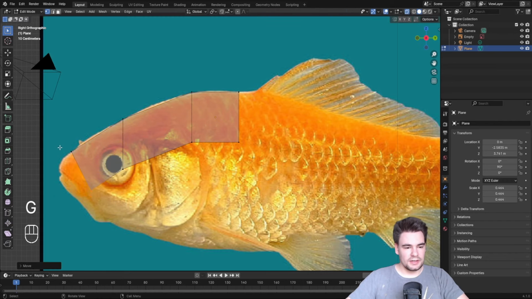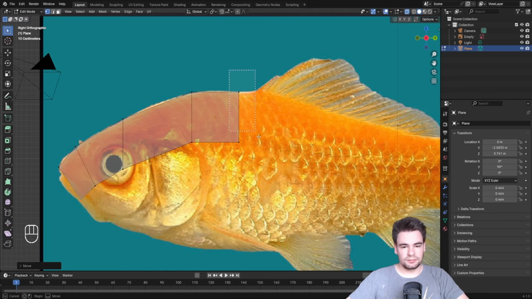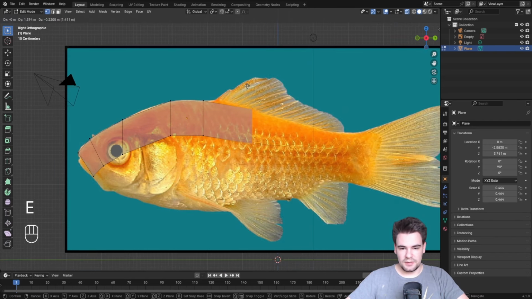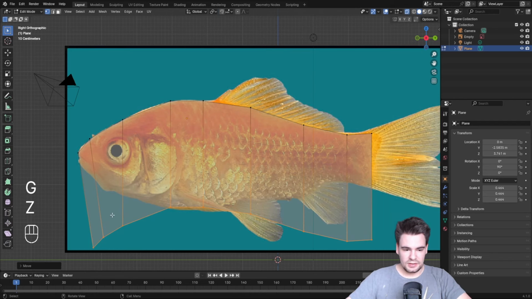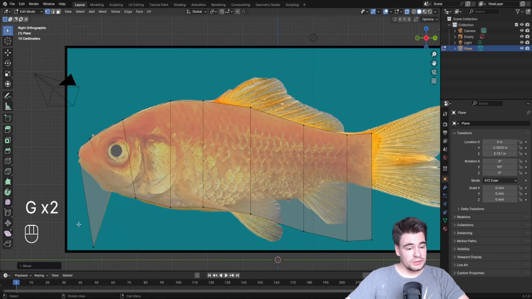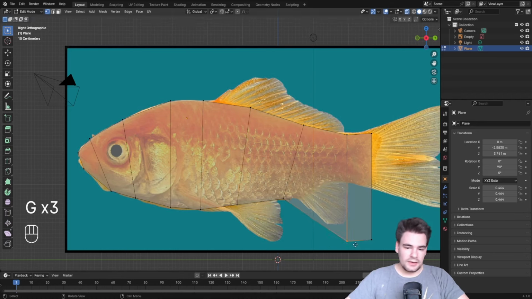Maybe move this around a little bit so we can slowly but surely make this thing look like a goldfish. So just gonna continue that at the back, just extruding everything. Just gonna stop right here. We're gonna make the fins later. Just gonna pull these all just a little bit down and adjust them so that it is looking like at least a little bit like a fish, because that will be, well, important later when we apply the texture,